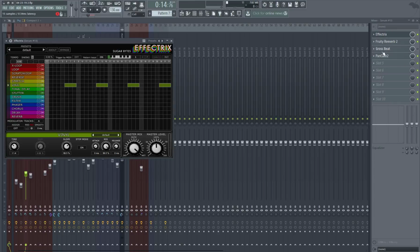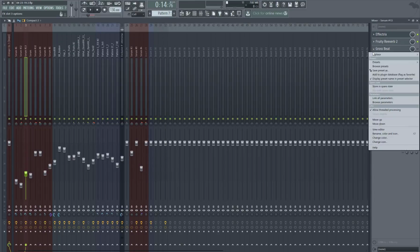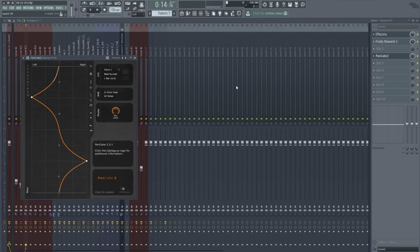This next sound, this gross beat, was actually never used, so we can just eliminate that fully. And then just another pancake effect just to have it move from side to side. I really like this plugin in general. I feel like you can take a very, very simple sound and just with some panning and some little stereo effects,